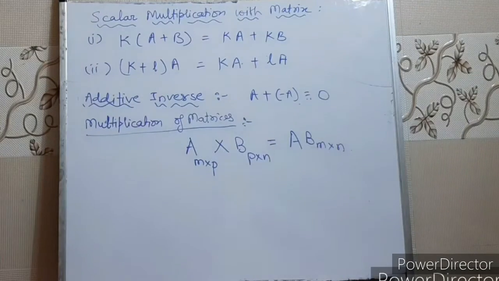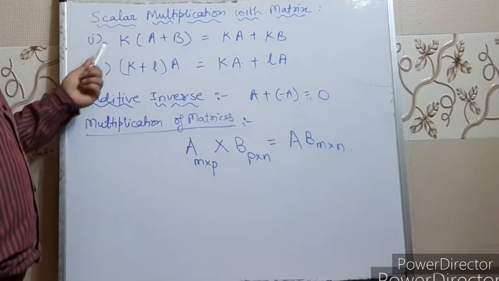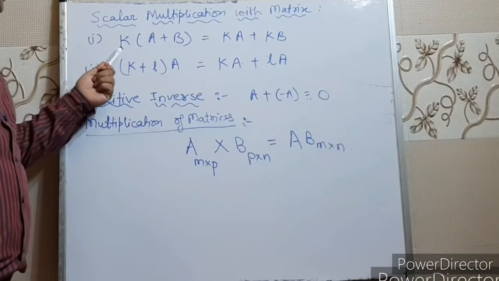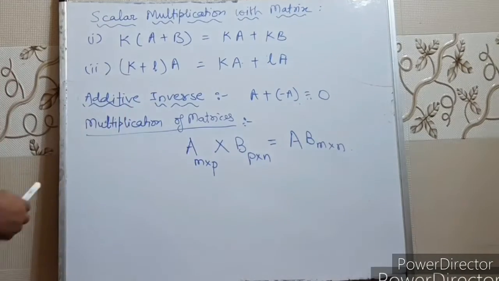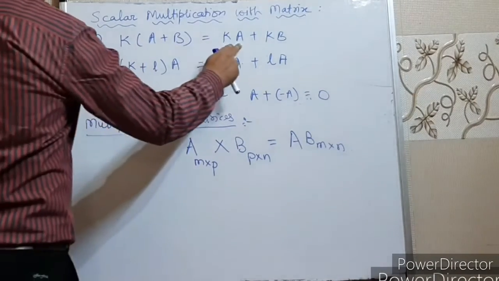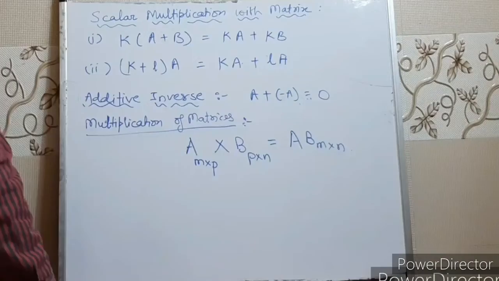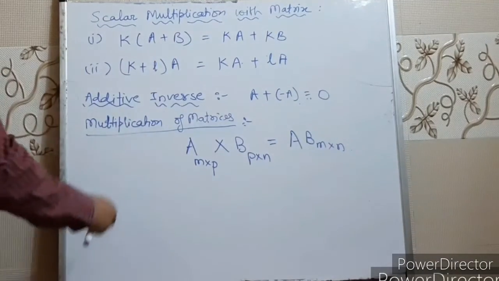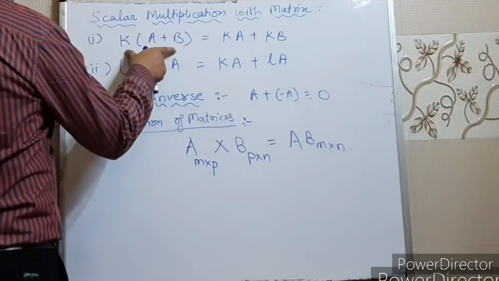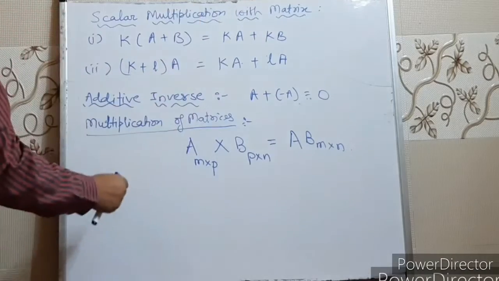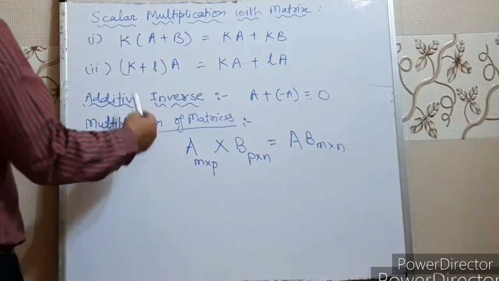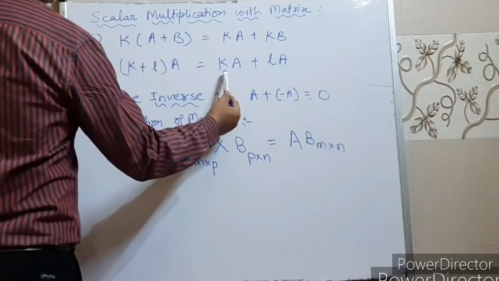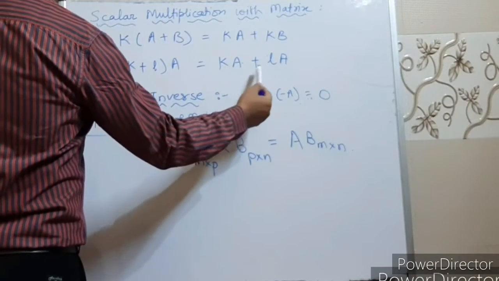Children, now this is also a scalar multiplication with matrices. Suppose any scalar term A, when multiplied by the sum of the A and B matrices, this scalar term can be multiplied with A as well as B. That will not change the result, that will not affect the sum. So this left hand side and right hand side will remain the same. Similarly, if the sum of scalar terms is multiplied to any matrix, this can also be written as AK or LK.